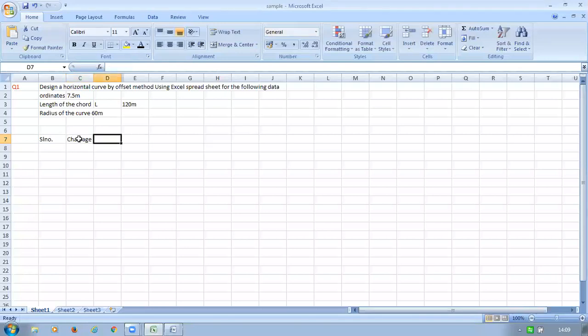Next is distance from midpoint. Okay, distance from midpoint, this is x.